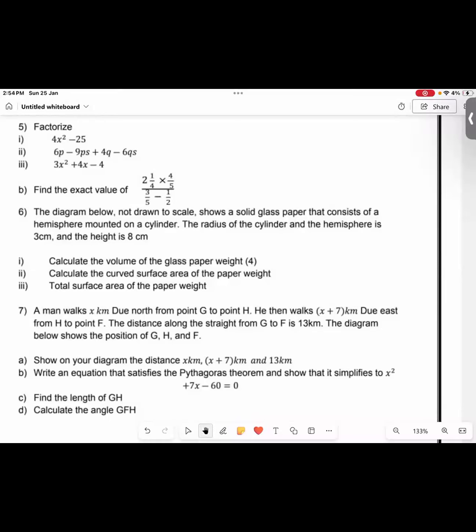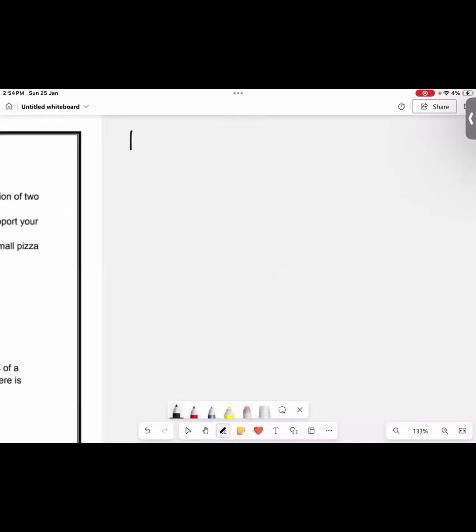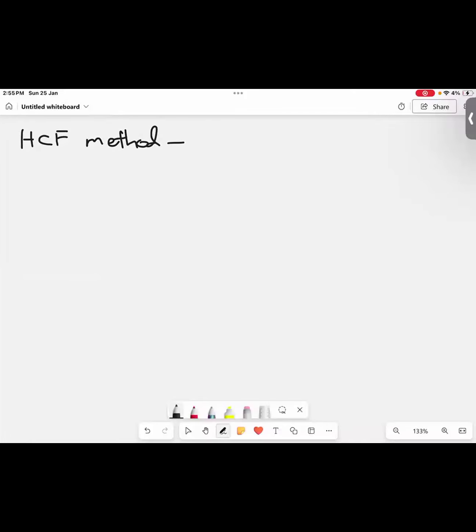All right, so factorization. We learned that there are 4 factoring techniques that exist in mathematics. There's more, but for CSEC, there's 4. Let's just recall them, since in class we're not just going to teach, but also remind you of stuff. So we have the HCF method. How do we know when to use the HCF method? When we have repetitive terms, when you can see a term that's repeating itself.